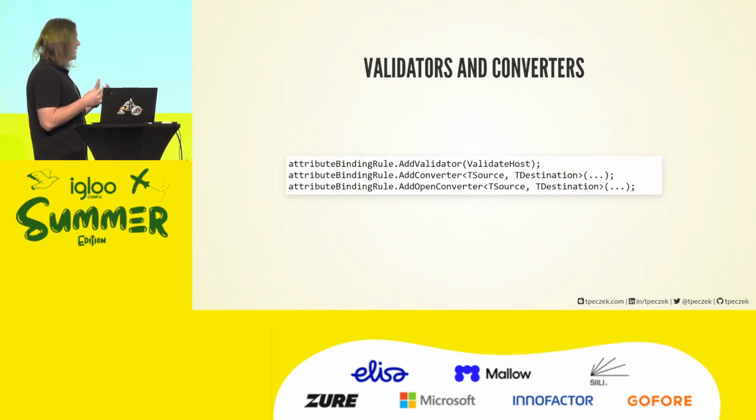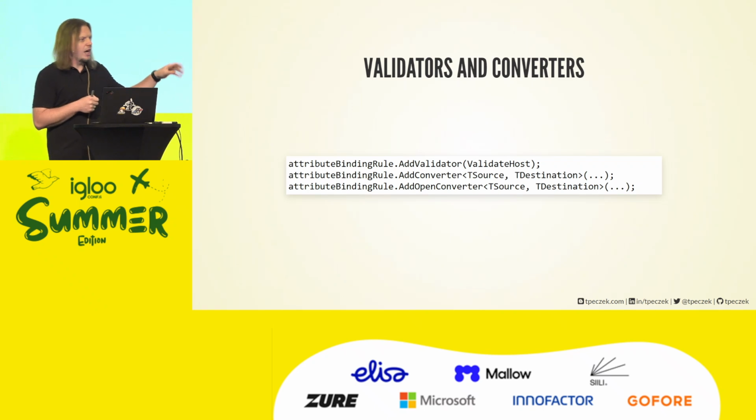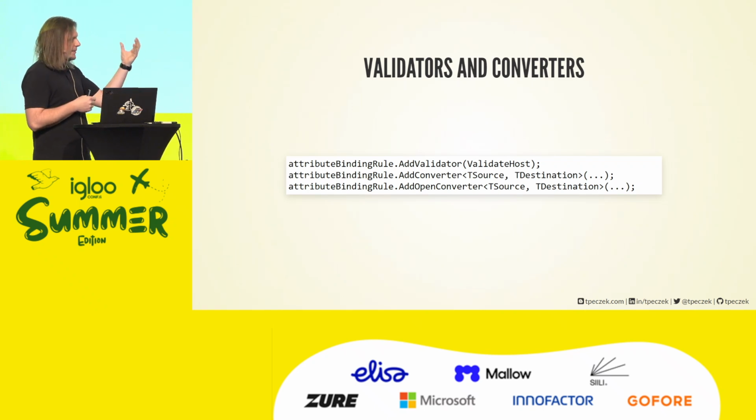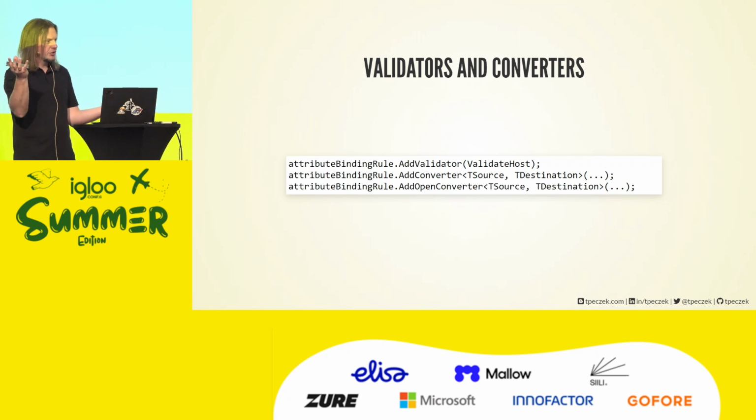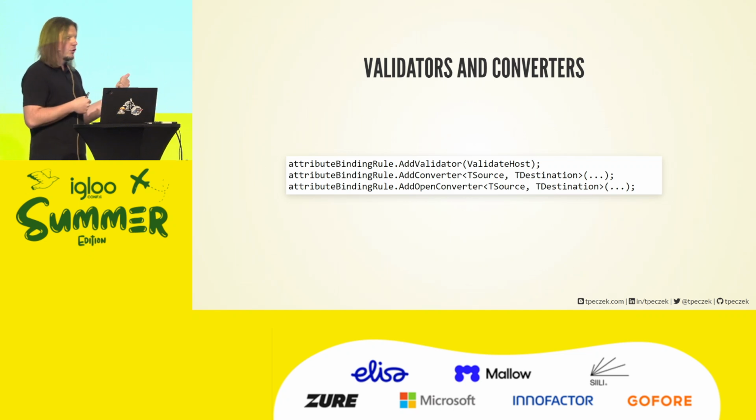Converters can be registered as either specific types or open generics. Every registration tells Azure Functions which two types can be converted. And this is the efficient mechanism to cover that gap between the types that triggers, input, supports directly, and different parameters of the function. Because when Azure Functions is making that match check, it will look for converters. If there are converters, it will happily use them. So this is the way to extend the number of supported types.